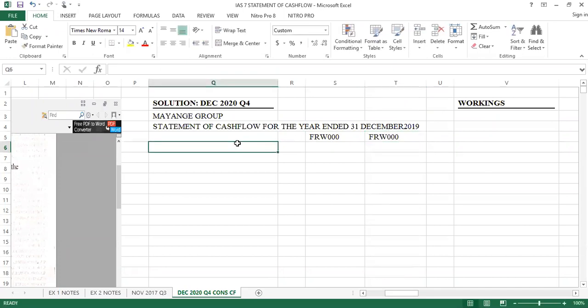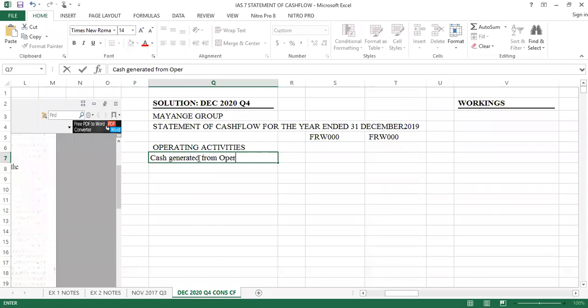The first thing you do, even if you know or you don't know, remember you start with operating. Please always have this practice in exam situations. Operating activities. Whether you know or you don't know, just start with operating activities. And what do you start with? Cash generated from operations. In all cases, that will be working one, because there is indirect method or even direct method to be used. And then you less interest paid, whatever working it will be, less income tax paid,